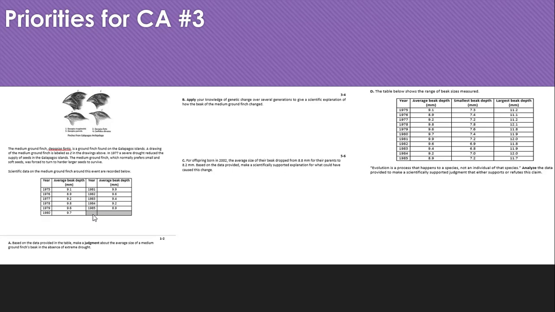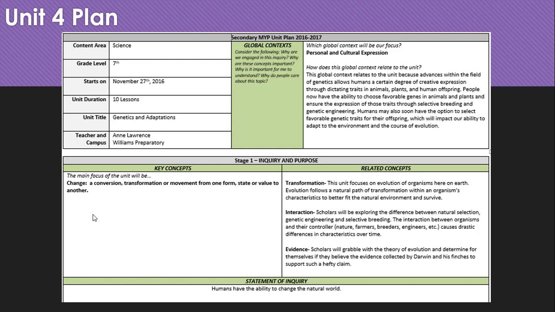So students need to be able to analyze it and come to conclusions based on that data. So that being said, let's take a look at Unit 4. Our statement of inquiry here is humans have the ability to change the natural world. So looking at different changes over time, natural selection, selective breeding, heredity, all of these things are included in Unit 4. This unit is actually a little bit shorter than the other ones, cells and human organ systems before this,